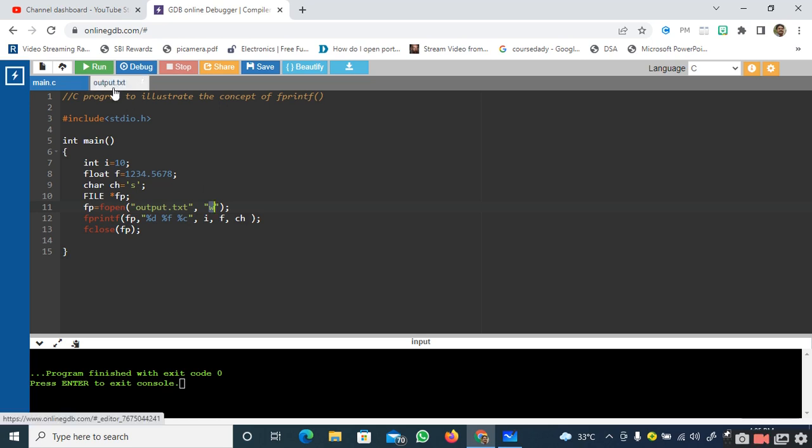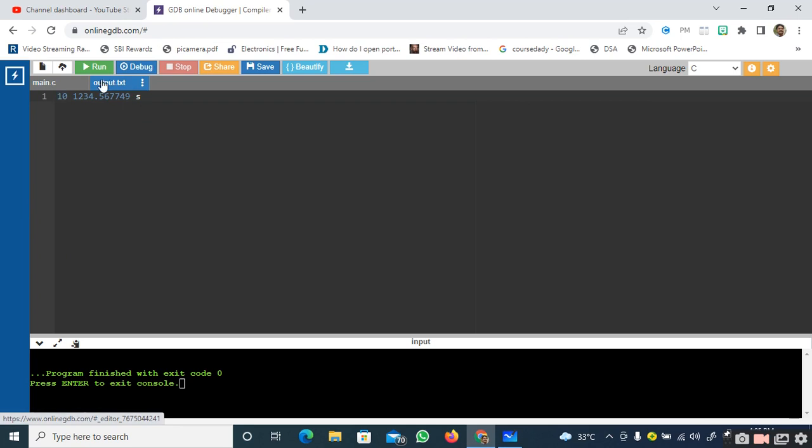So for this reason, you can see here that output.txt has been generated, and the contents of this output.txt clearly show the three values which I have passed into the file, that is 10, 1234.5678 and then s.